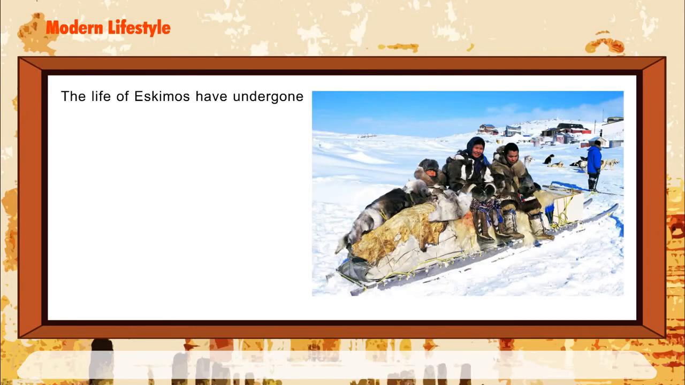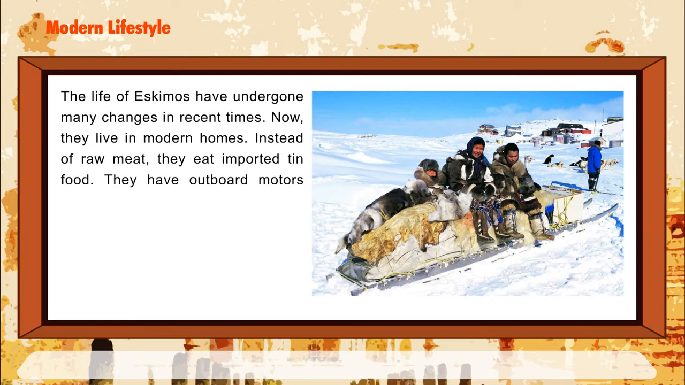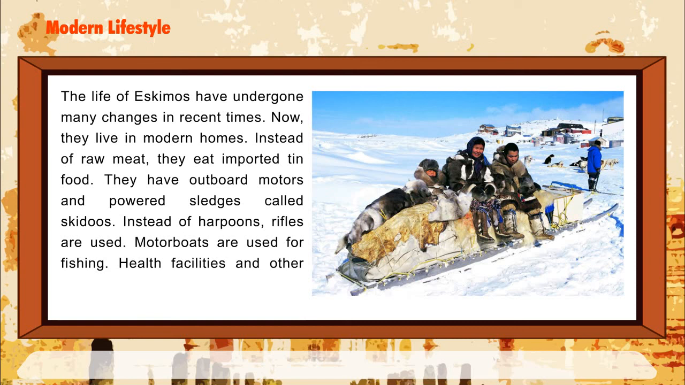Modern lifestyle. The life of Eskimos has undergone many changes in recent times. Now, they live in modern homes. Instead of raw meat, they eat imported tin food. They have outboard motors and powered sledges called skidoos. Instead of harpoons, rifles are used. Motorboats are used for fishing. Health facilities and other social welfare schemes